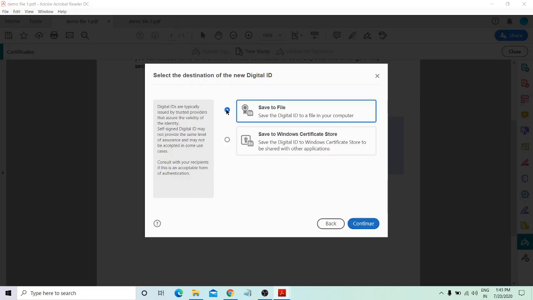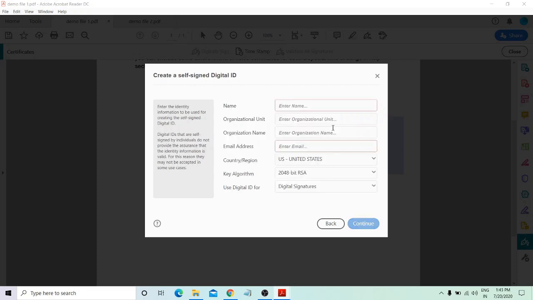So save to your known place in your known directory, provide the details, select your country, go to India, continue,